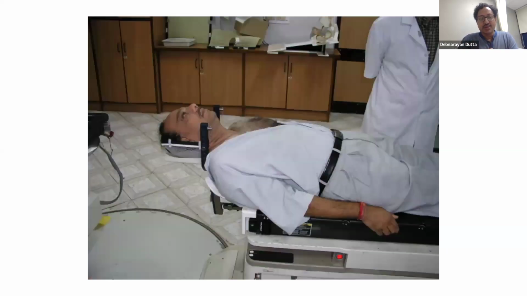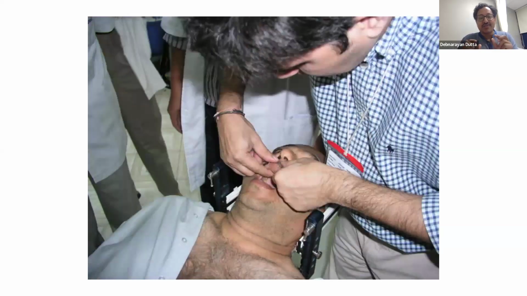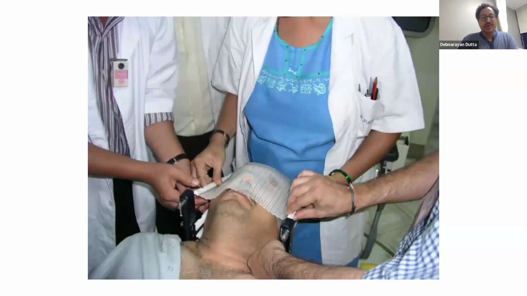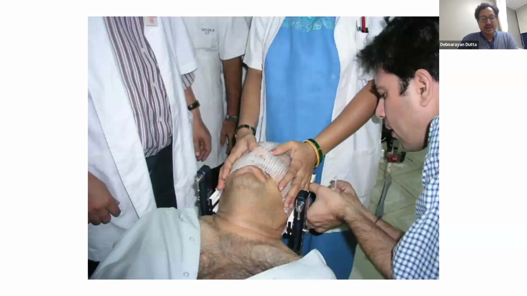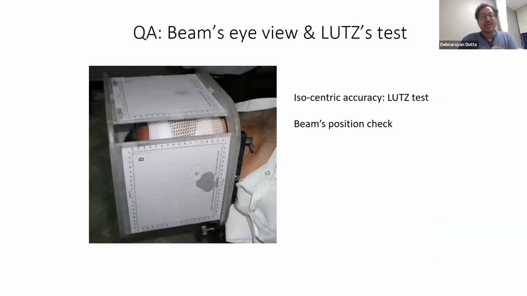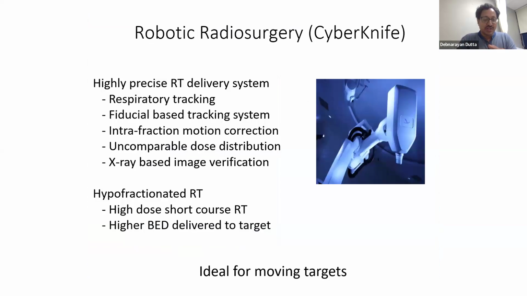This is the frame, and you have to put the patient like that, positioning the patient. Next. And then make the mask. It is the double frame, so we have a mouth bite so that the rotational error is taken care of. Next. Yeah, then this is how we used to put, and then you treat. This is the Lutz test, isocentric accuracy is done in this patient, and you can see the Lutz test, you